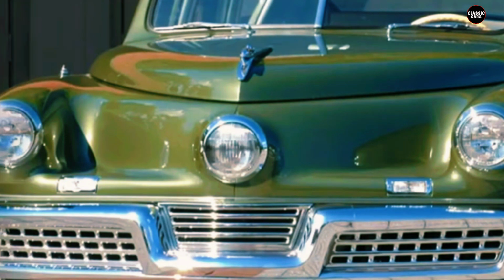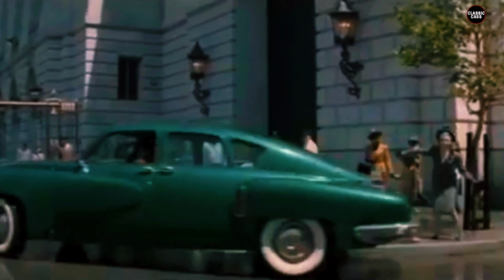Today, the surviving Tucker 48s are cherished museum pieces and treasured collector's items, serving as reminders of a bold dream that was cut short. The Tucker 48 stands as a testament to the spirit of innovation and the enduring allure of an